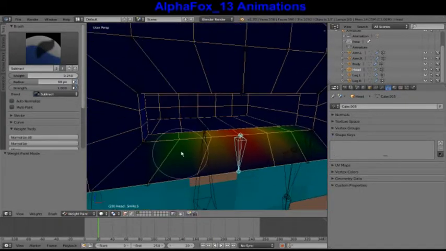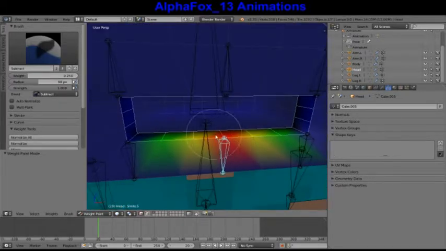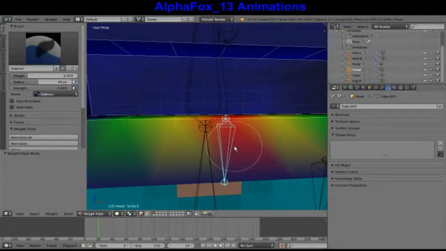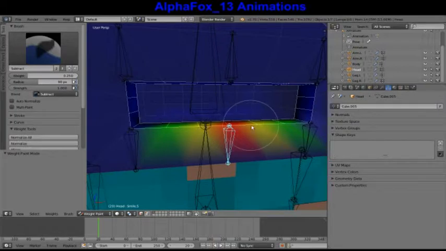I have an entire loop selected around here so that I don't get any weight on anything else. I normally just do that sort of thing to tidy it up. But anyway, let's move on to the